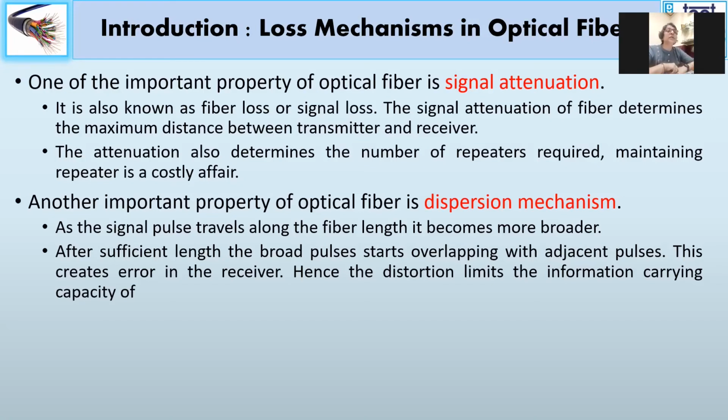Although you were sending pulses of such a small dimension, still because of dispersion you are limiting your bandwidth. So the next thing we need to understand is what the reasons of dispersion are and how they can be controlled. Definitely the dispersion increases with the increase in length, as attenuation increases with length. So we define a parameter called the attenuation constant, which tells how much the attenuation will be per kilometer, so that decisions can be taken on where we should place a repeater to boost the signal level so that it reaches the destination.